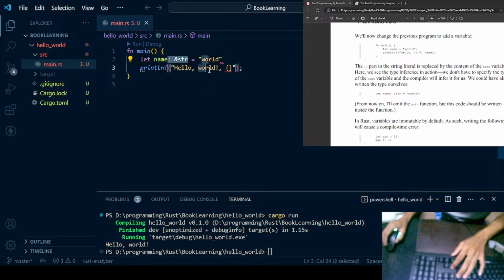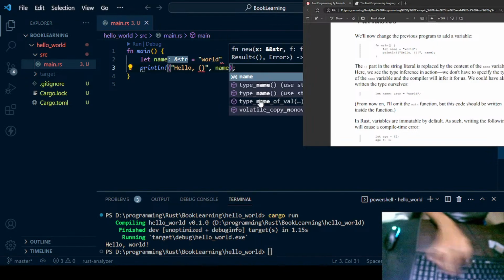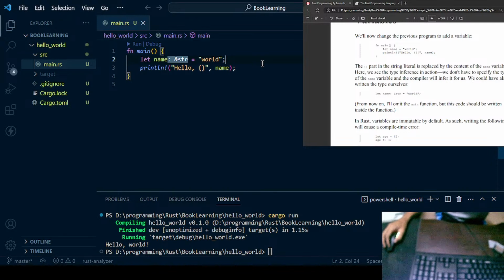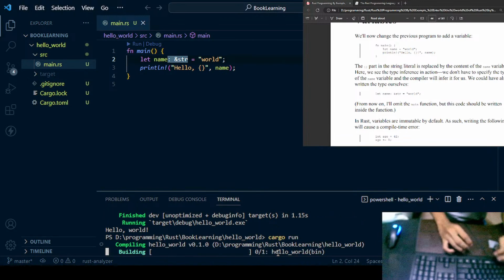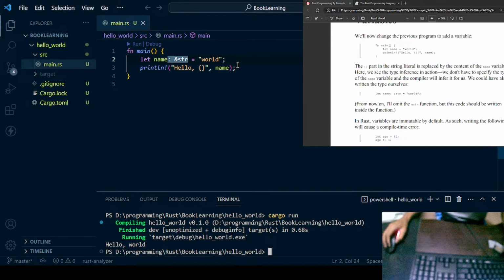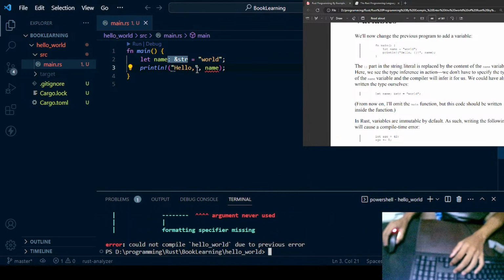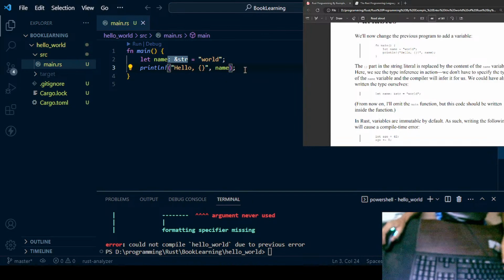Okay, now let's remove hello world, the world, I mean, Zavarudo. Now let's put name here, Rust. See, that just proves that I'm a JavaScript developer. I just keep forgetting to put semicolons. Alright, let's run this. And there it is. Now, if we remove this, will it work? It did not work. So we really need